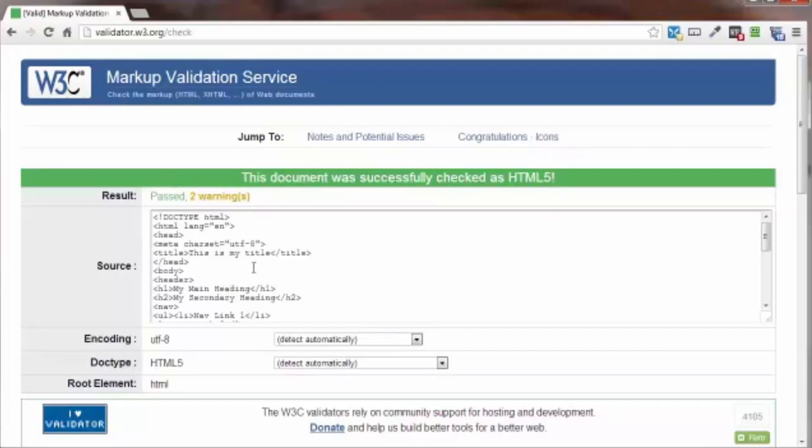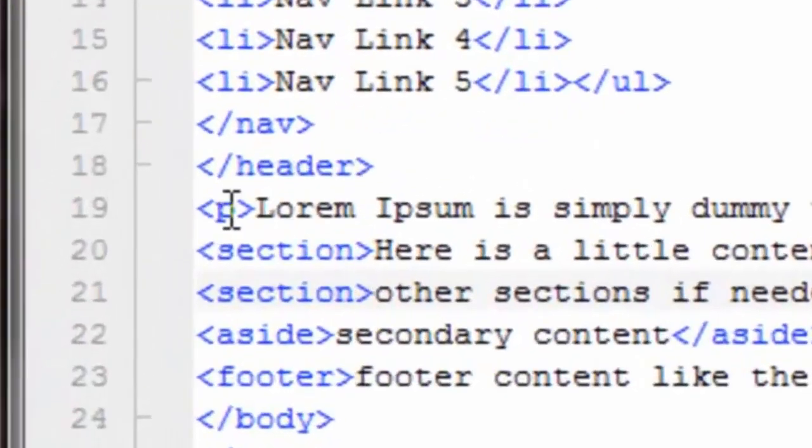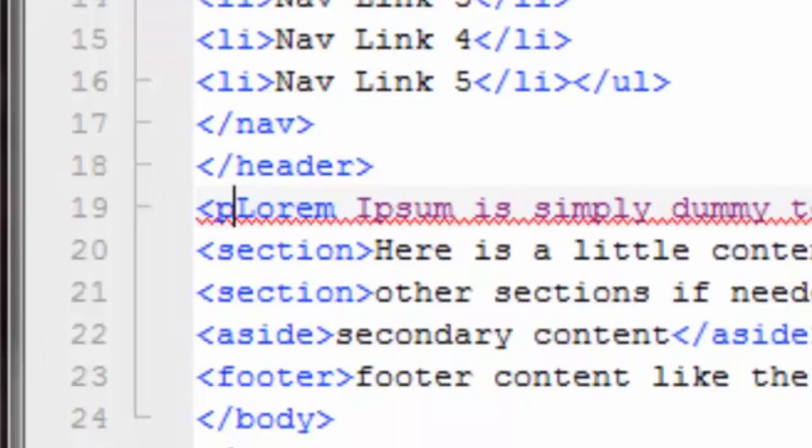Okay, now let me show you how this works by taking one little item out of this code to make it not pass, just to give you an idea as to what it looks like. Okay, so let's go ahead and refresh this. Now come on back here. Now let me just go ahead and remove this one little closing tag on this paragraph,